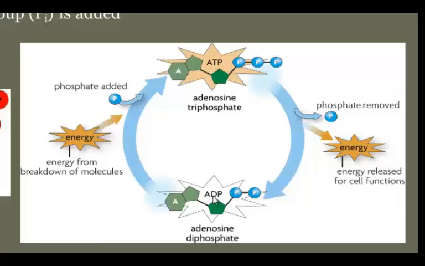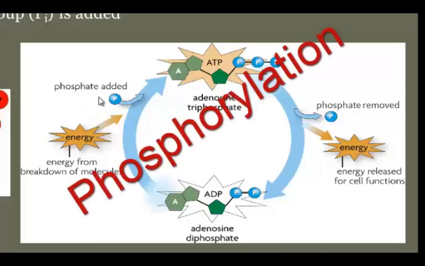If we rip off one of these phosphates, what we're really doing is exposing those electrons, and we can use those electrons to make energy for our cells. So if we rip off a phosphate group, we now have ADP, adenosine diphosphate. There's only 2. ADP doesn't have as much energy as ATP, so our cells always want ATP. So how do we go from ADP back to ATP? That's why we eat. We eat food to bring in energy so we can reattach a phosphate. Here's a big word for you: that is called phosphorylation, when we add a phosphate to a molecule.